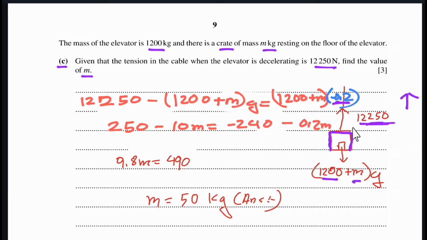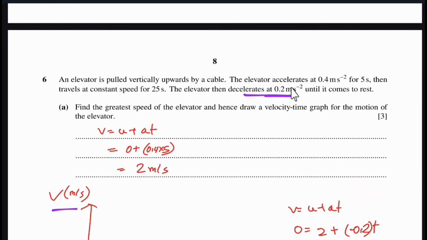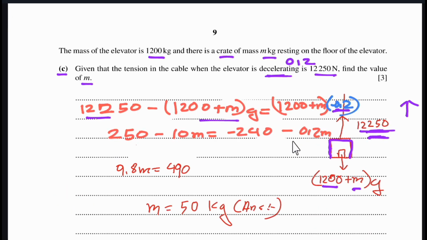into acceleration. So forward force is this value, minus backward force, that is mass into gravitational field strength. So total mass is 1200 plus m into gravitational field strength. So the forward force minus backward force is equal to mass into acceleration, and since it is decelerating, our deceleration value is 0.2. As we can see, here our deceleration value is 0.2. So the acceleration would be negative 0.2. So mass into acceleration, after solving this, we get the mass, that is 50 kg, as the mass of the